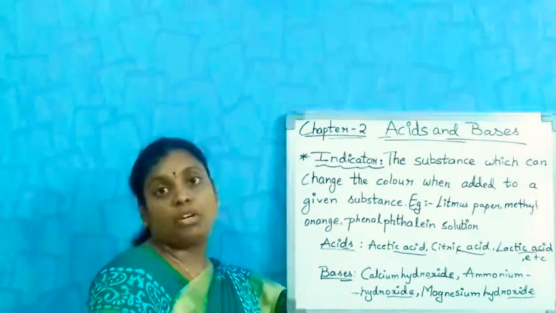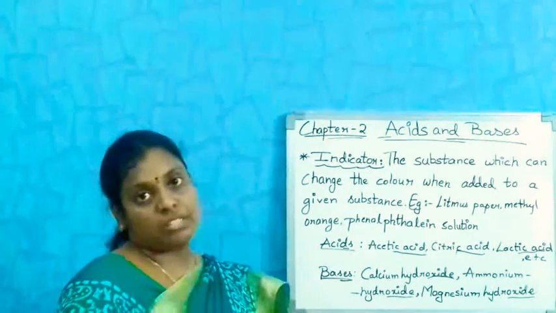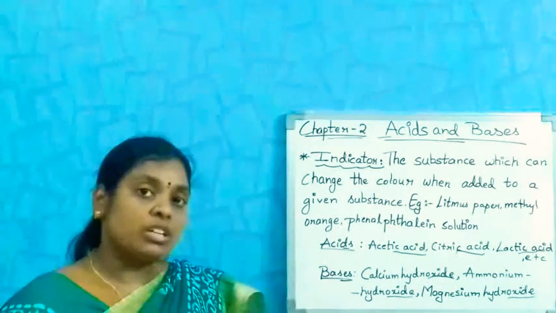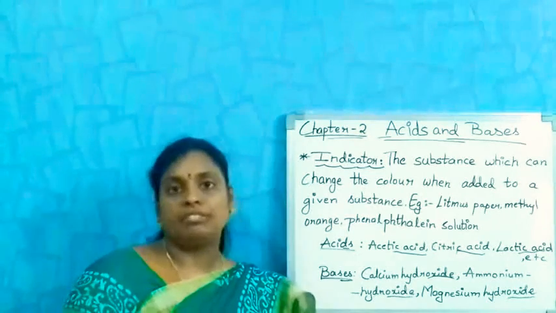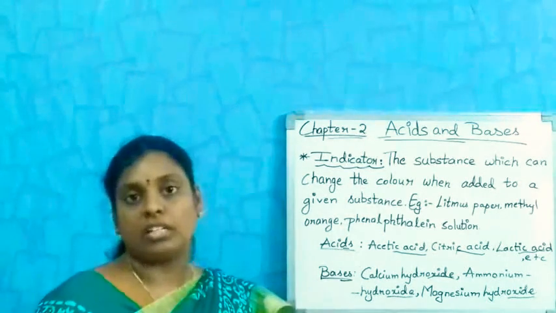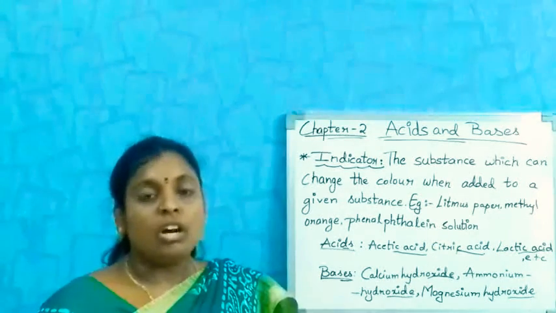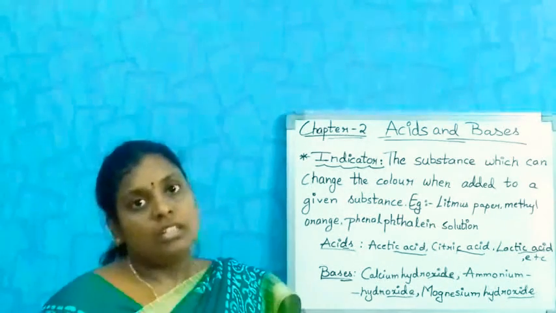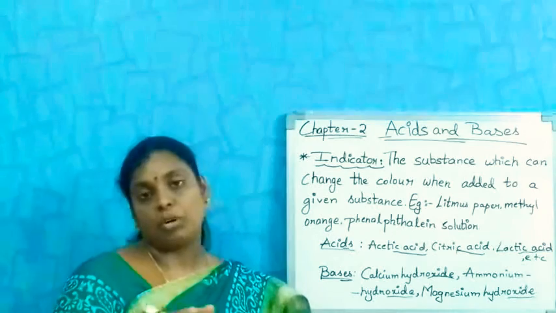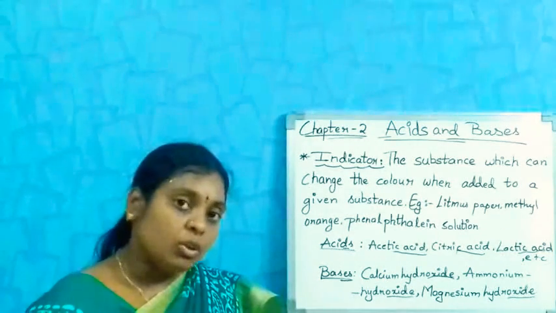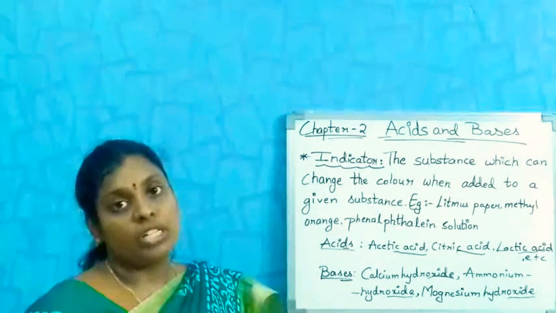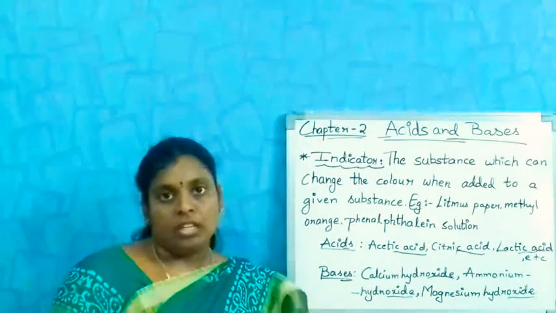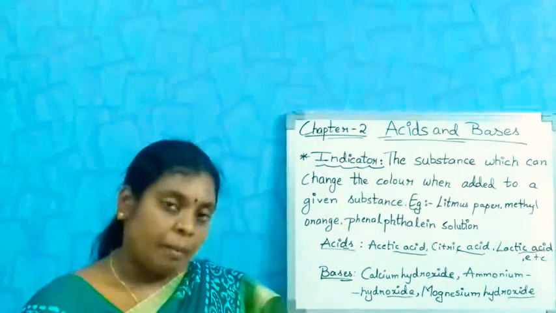Now I am explaining an activity on bases. Take some lime, which we use in the preparation of paan, the betel leaf, tamalapaku, which they have as tambulam. The lime is applied to the betel leaf. Take some lime into a test tube, add some water to it, dissolve it completely, leave it and strain it.